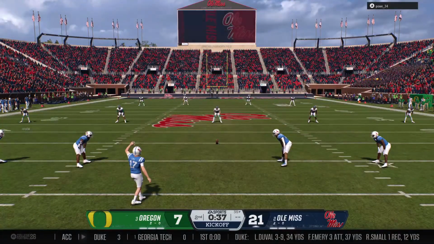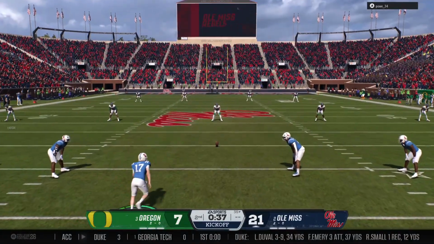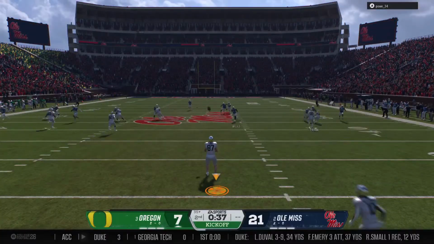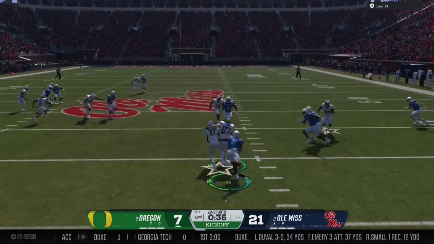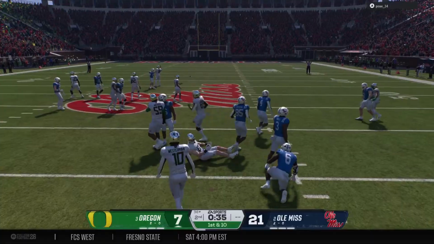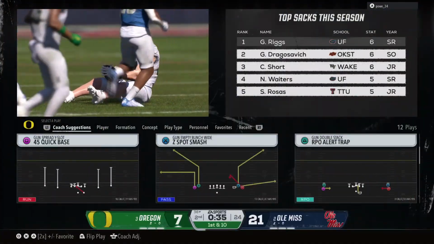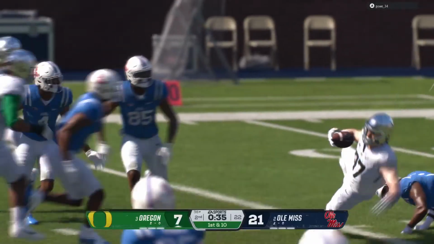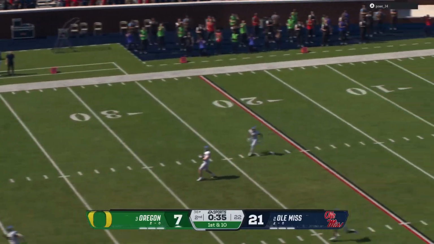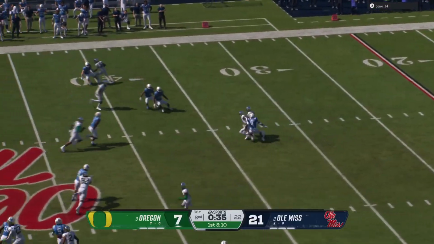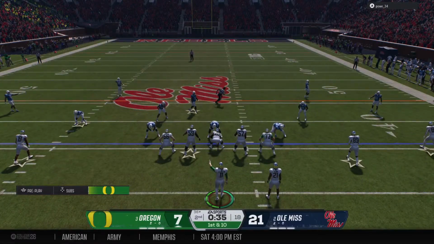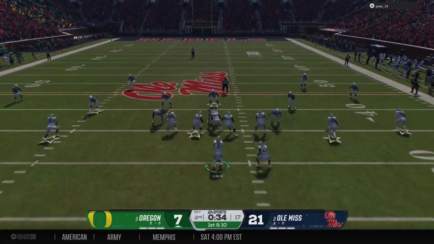So the offense gets momentum scoring before halftime. Now the kickoff. We'll see if the defense can get a stop and preserve that momentum. It's a squib kick fielded by one of the up men. The offense will take over. First and 10. So they'll start this drive here with less than a minute remaining on the first half clock.